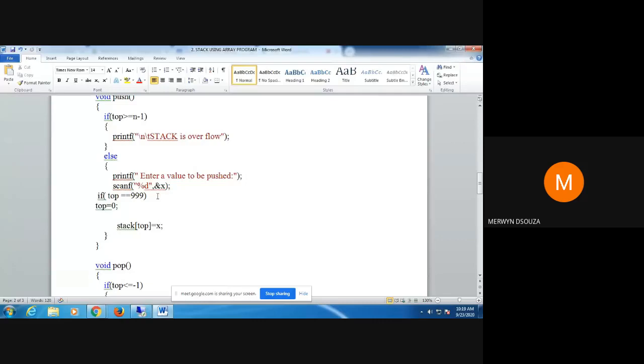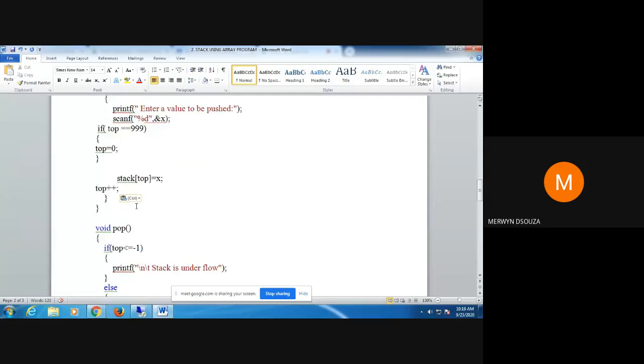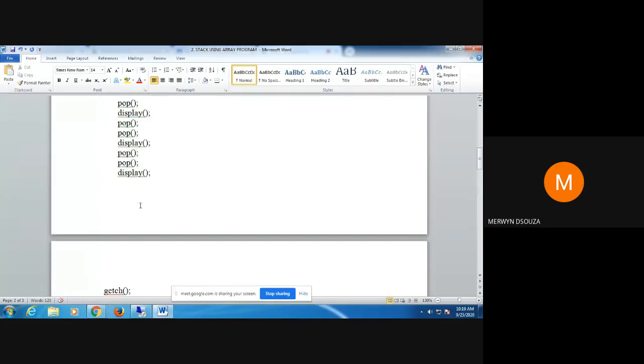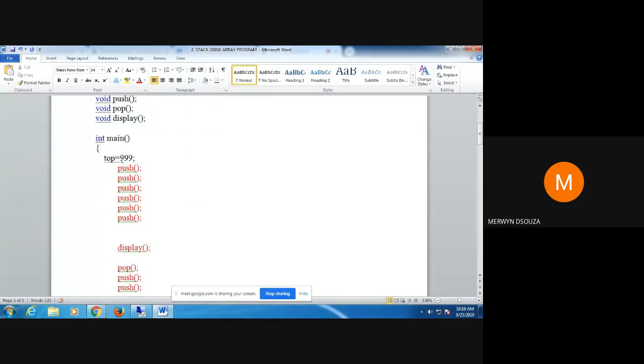I could have done something like this also. It simply involves putting a lot of lines of code. So I could have made top any value that I wanted, and set the initial value like this.